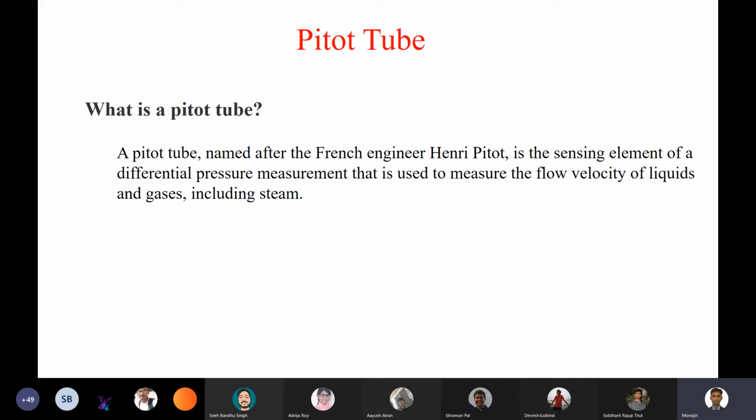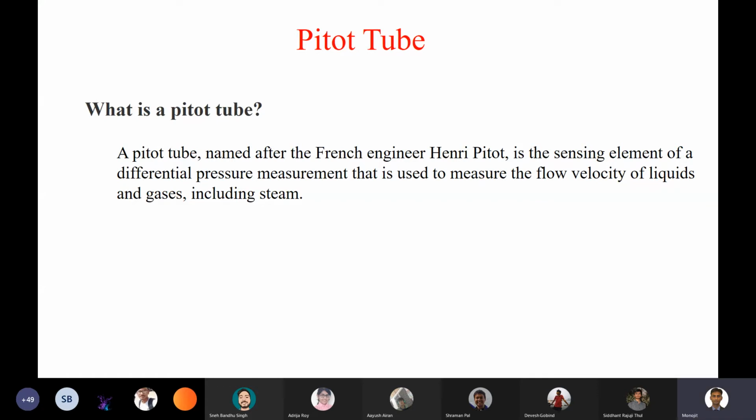So we can get the local velocity with the Pitot tube because of the size of the tube and the way the entire thing is designed. So you can get a point velocity, whereas in the case of a Venturi meter or an orifice meter, what you get is an average velocity. You get the flow rate and then you divide it by the area of cross section, and you get the average velocity. But in the Pitot tube, you can get the point velocity at a specific location in a cross section. So that's the major difference between the Pitot tube and the Venturi meter, the orifice meter, or the rotameter.